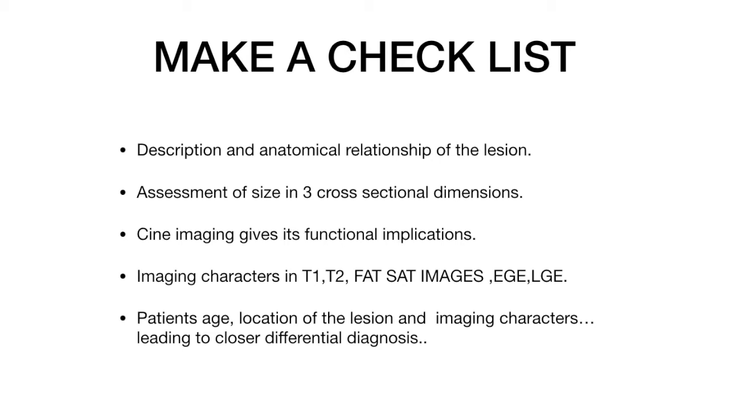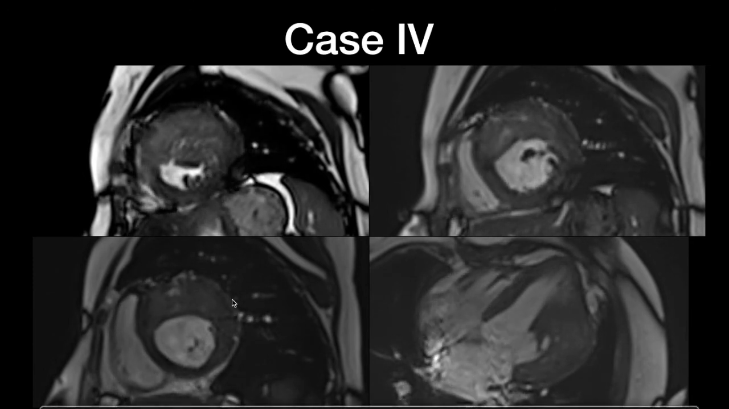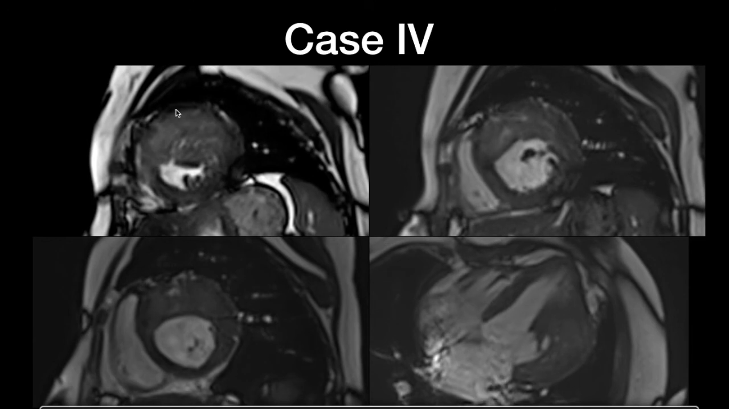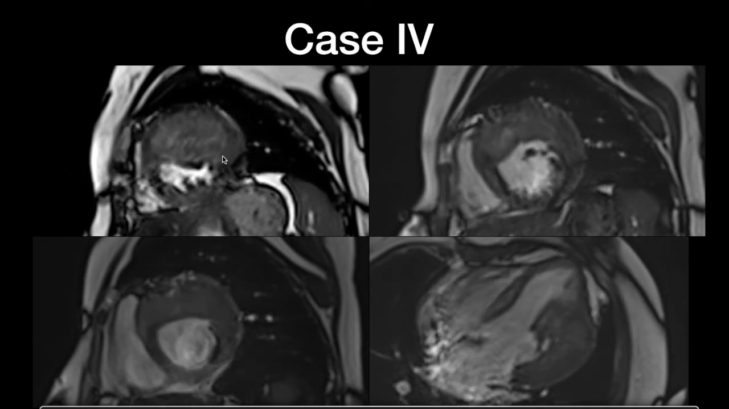Imaging characters on T1, T2, FATSAT images, early gadolinium enhancement and late enhancement are going to give us better visualization and interpretation of the lesion. Patient age, location of the lesion and imaging characters lead to a closer differential diagnosis, and we are not required to give a histopathological diagnosis. So coming to our next case, a large soft tissue mass having transmural extension involving anterior, anteroseptal and anterolateral